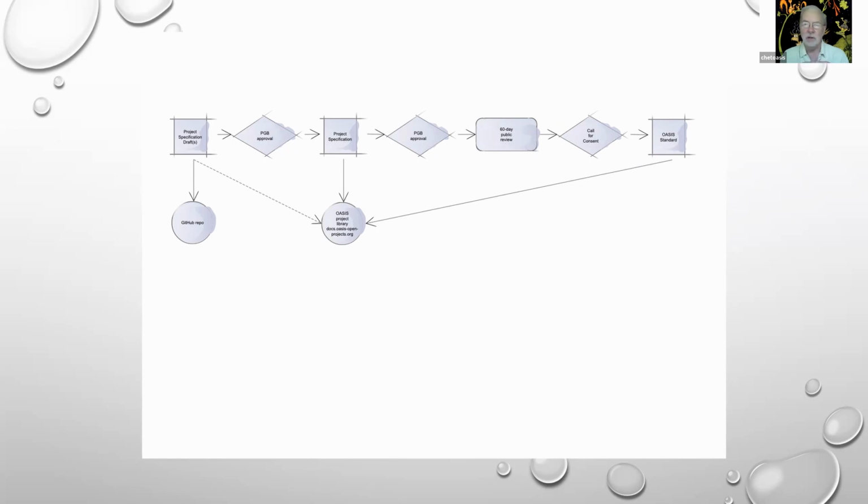Now, it's really interesting to see what happens. Some groups start and they create the mega specification document, and they jam as much stuff into it as they can. Then as they start working on their next refinements, they go, oh, wait a minute, we've got this one minor problem over here in the vocabulary, but in order to fix that, we've got to produce an entirely new iteration of this standard. That's going to be a hell of a lot of work for a small change. So we'll wait on that.